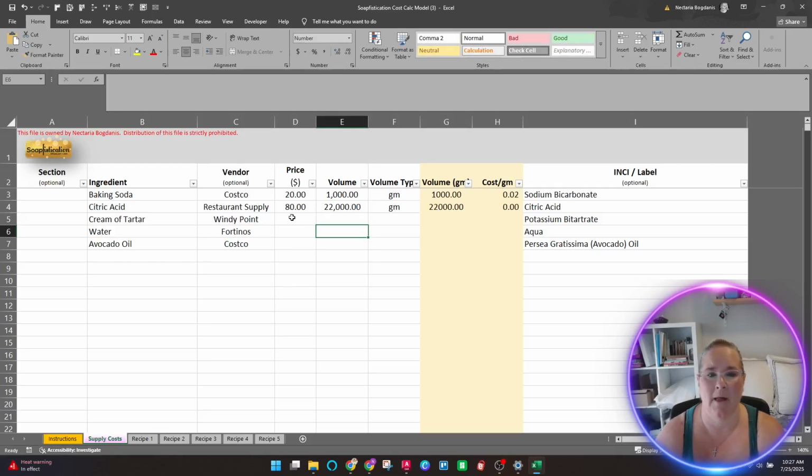And then let's say my cream of tartar costs me $80 for a kilo. And then my water costs me like $5 for 20 liters. I think I have it as milliliters, right? Yeah.